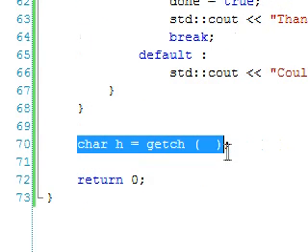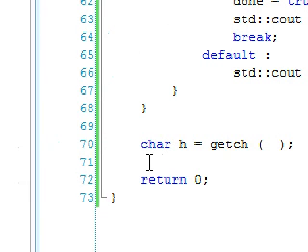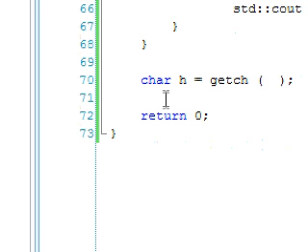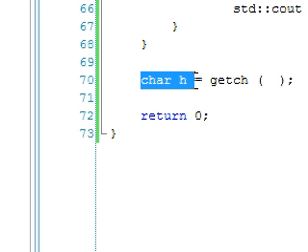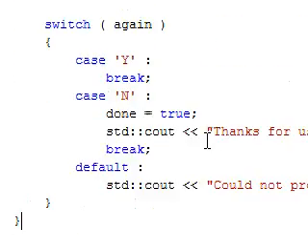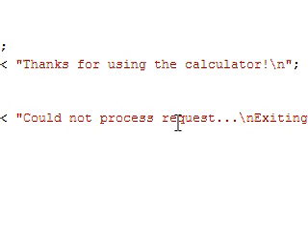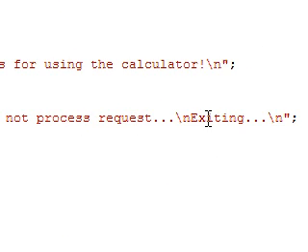And we've actually used the get function here again, as opposed to char std::cin, because it's just easier to type this out than the other way. So it's all pretty self-explanatory. Again, we've got a default here as well. It says could not process your request, exiting,